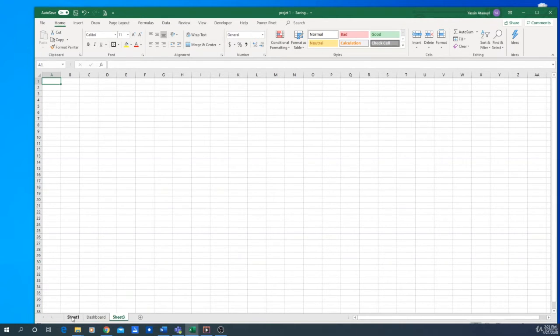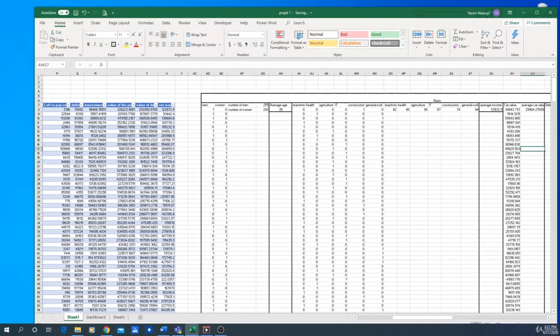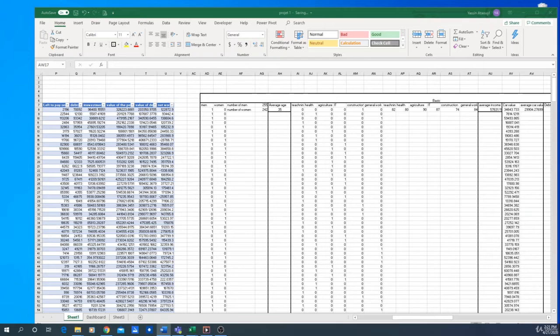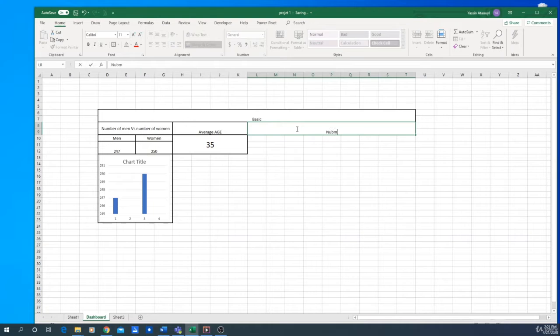Alright, the next thing that we want to do is import our third question, which in this case was the number of each profession. So how many people work in each profession in this database. So how we'll do this the exact same way. So first thing, we'll select our cells, write down our question, number of persons in each profession